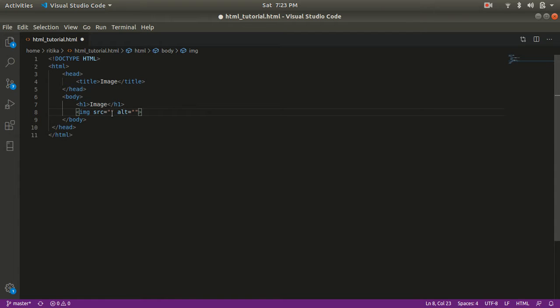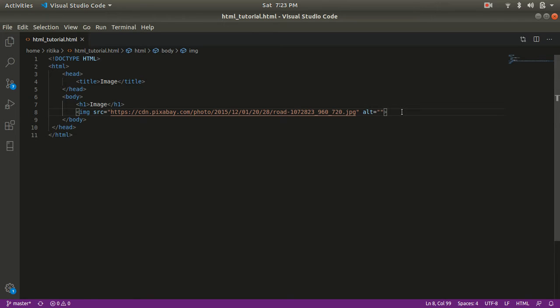So right now I am giving the URL of the image. We have two options. First option, I have copied this link from Google, so we can take the address of the image and write it here as the source. And we have another option, when we have our own personal images, sometimes we give a copyright image, we can save it in a file in a folder and we can give the path of that image here. So I will teach you that as well, so not to worry.